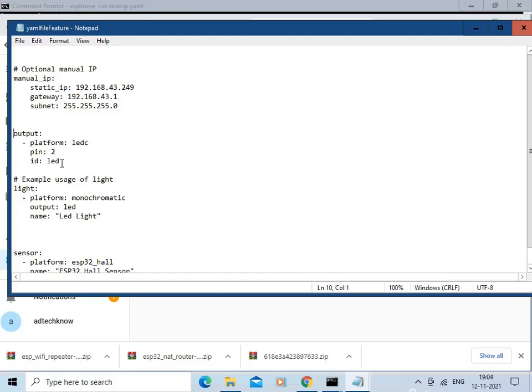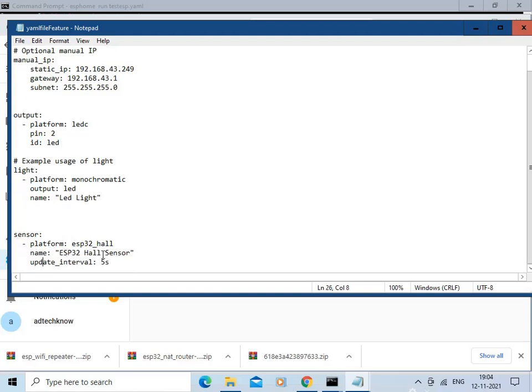So LED pin will be operated in the PWM mode. We are using the pin 2 of ESP32 board. We will be using ESP32 Hall sensors, and the value of the sensor will get updated every 5 seconds.